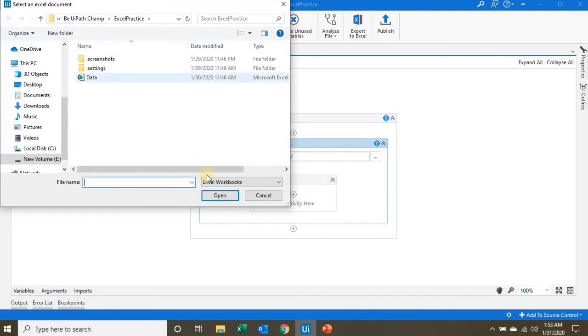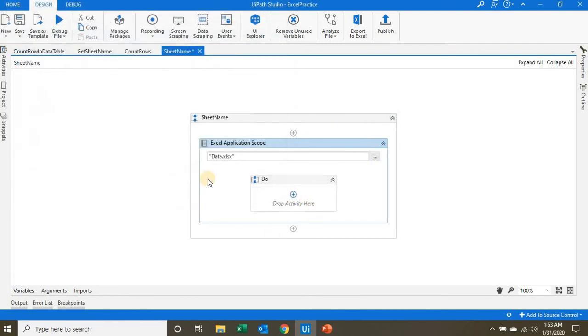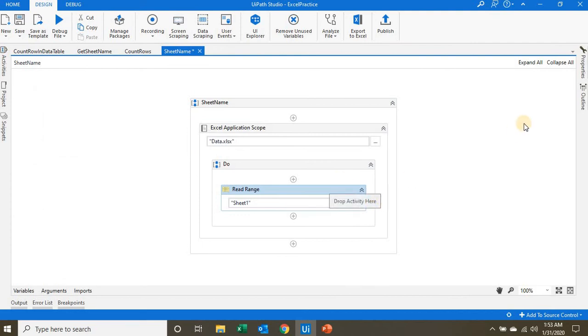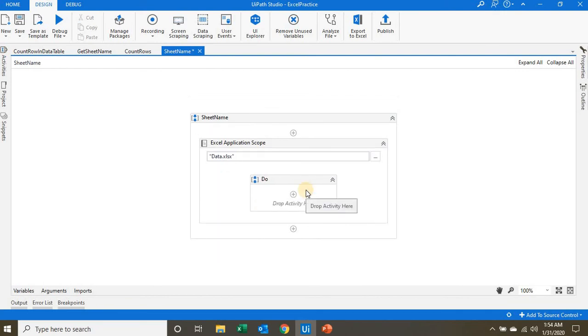We'll take the Excel file location, then read range. No need to read the data. Here we just need to get the names of the sheets. So we are not reading the data from the data table. Just we will take